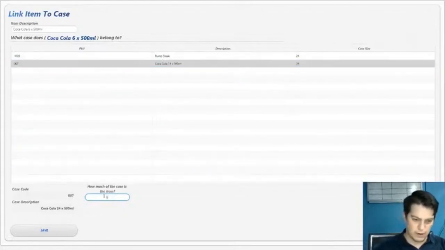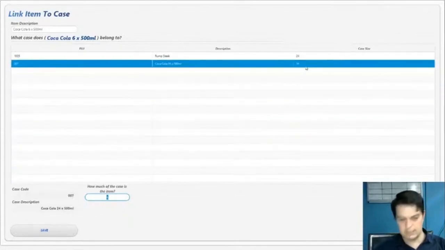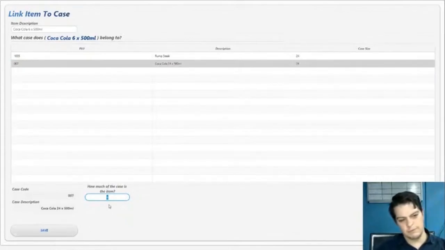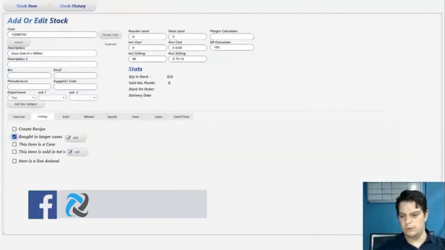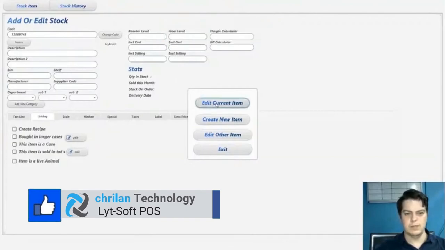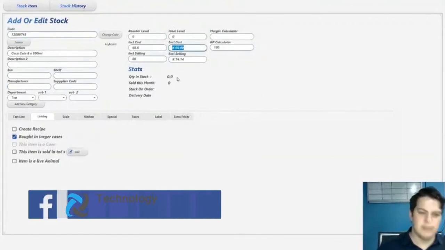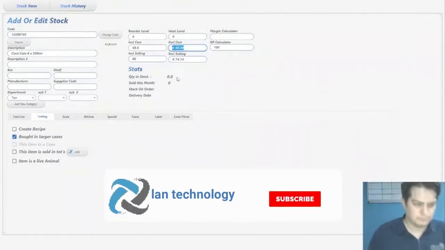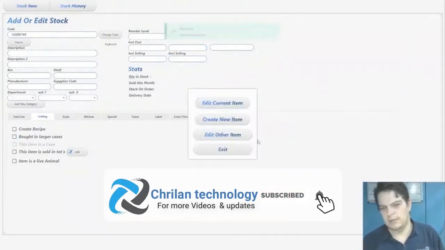So when I sell one of these, it must deduct 6 of the 24. I hope that gives a bit of clarity as to what this question is. So we can save it. Now it will also know that it must get its costing from the case, as you can see there. Once we click save,